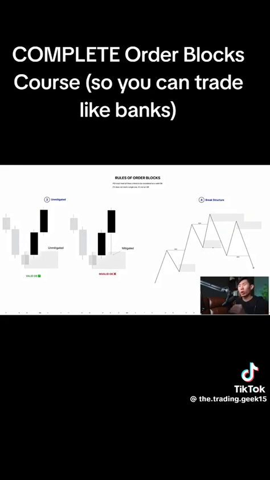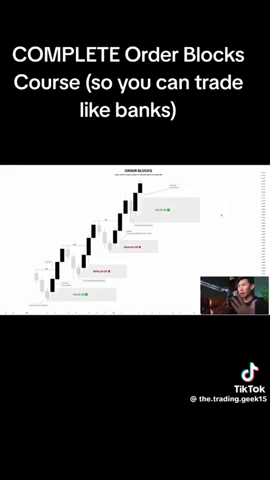You must ensure that the point of interest or the zone must meet all 4 of these criteria for it to actually be considered as a real order block. If it does not meet a single one of them, it is not an order block. It could just be a supply and demand zone or just an ordinary zone that is not going to work. So now let's apply what we have learned and really learn how to differentiate between valid order blocks and